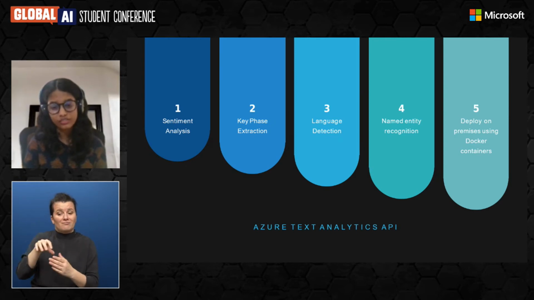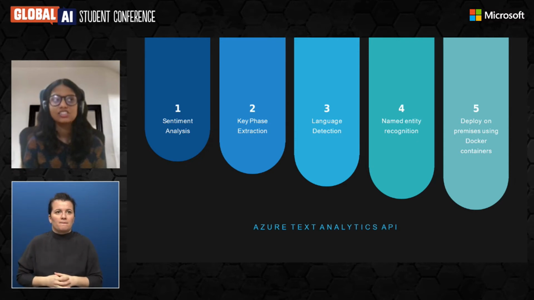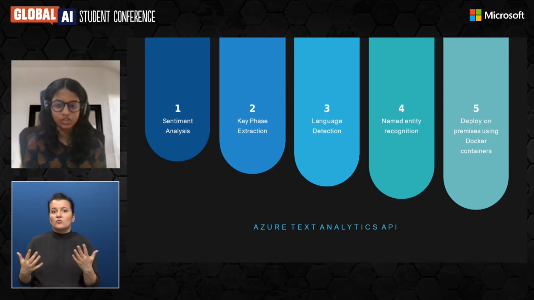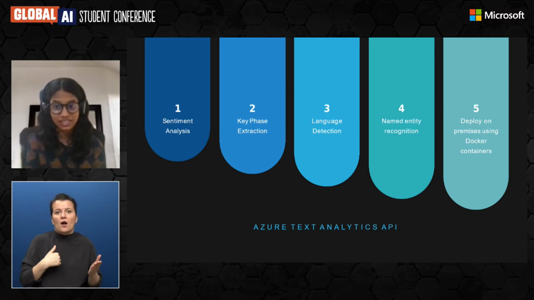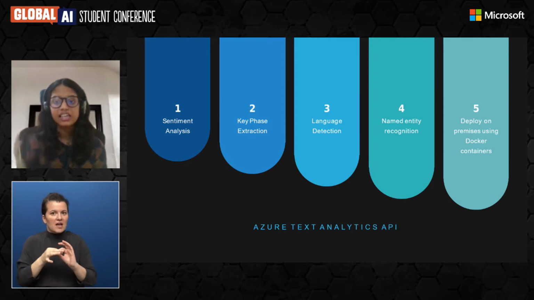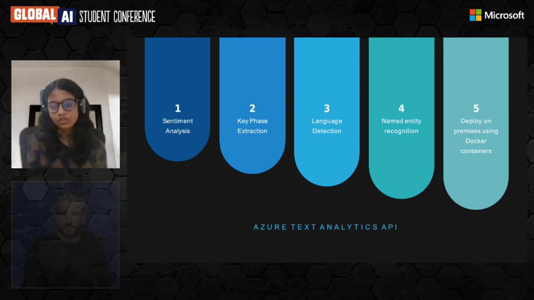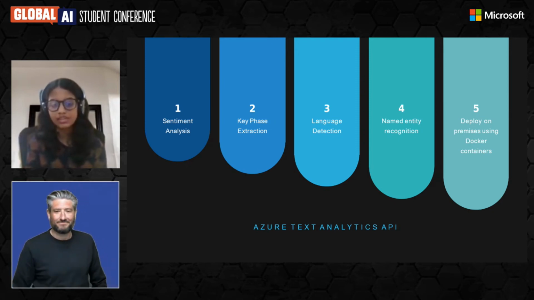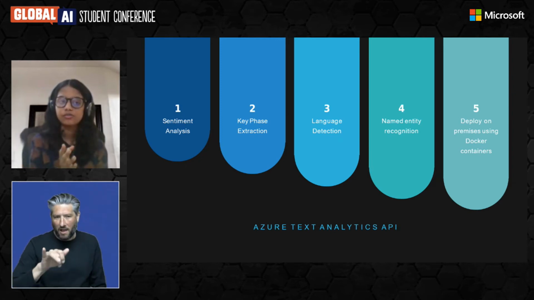So that is one of the main features in Azure that I really never saw in sentiment analysis. Even if we write it from scratch, we usually don't include that in our code. So that is something that Azure offers, something that makes Azure Text Analytics stand out from the others. And then deploy on premises using Docker containers. This is related to how we deploy the Azure Text Analytics API, rather than focusing on